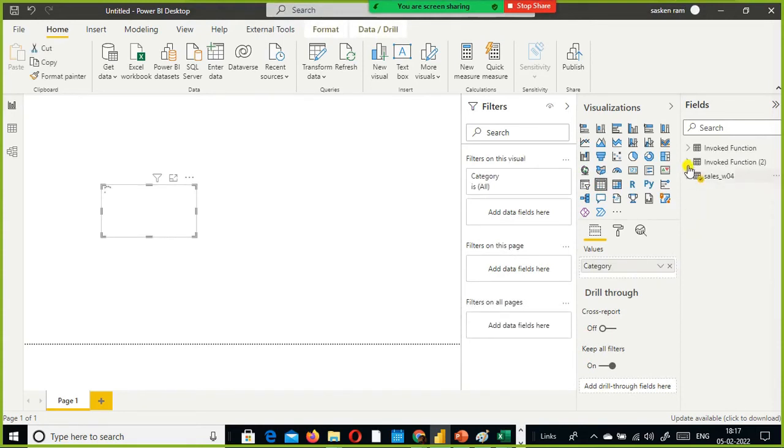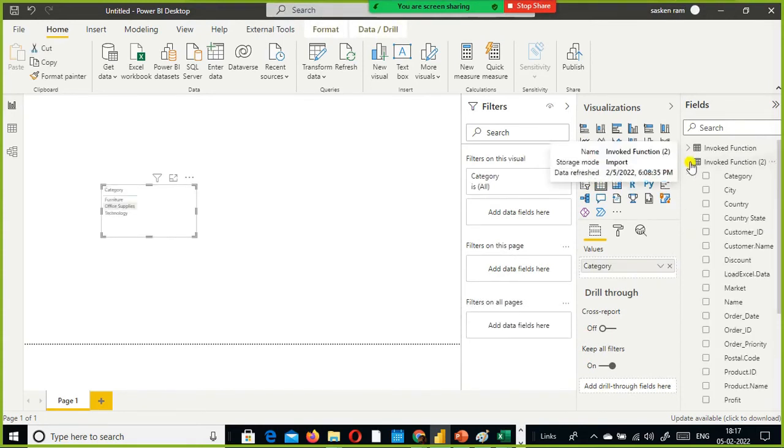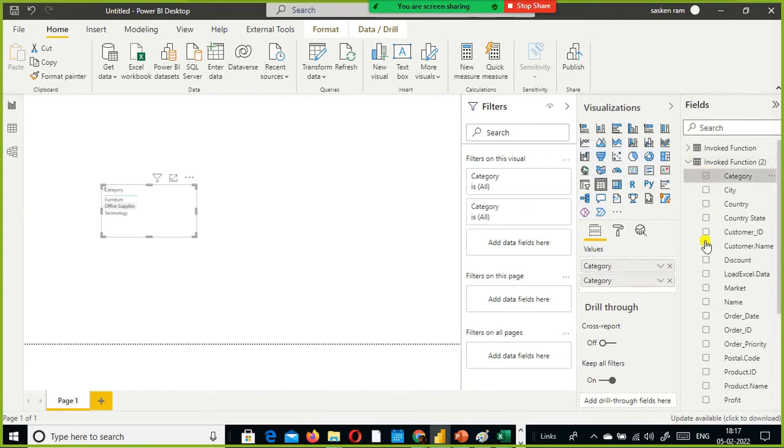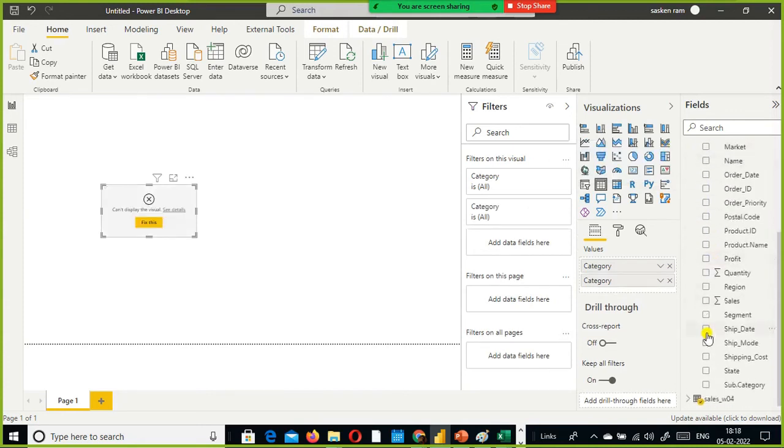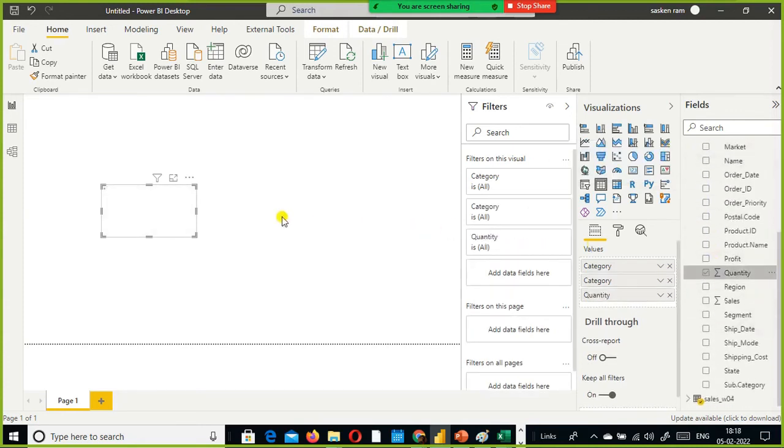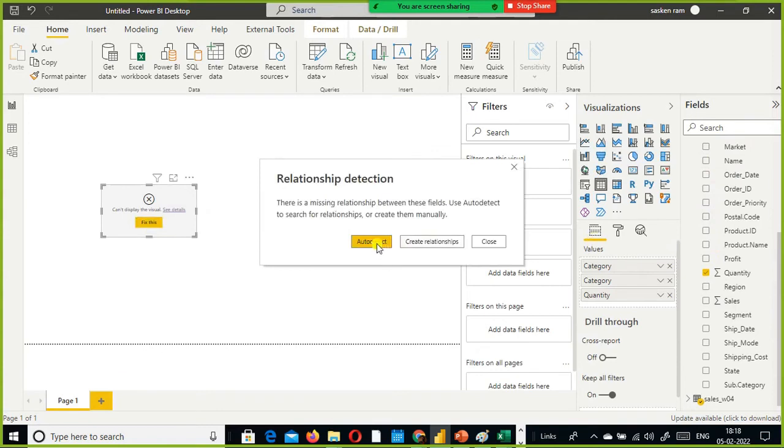Not this one. I'm using the wrong file. It is not at all showing here. And auto detect relationship detection. Why is it showing that there is a missing link between these fields?